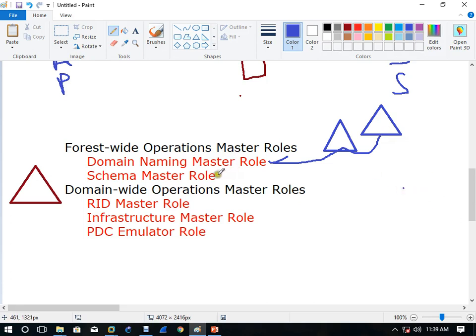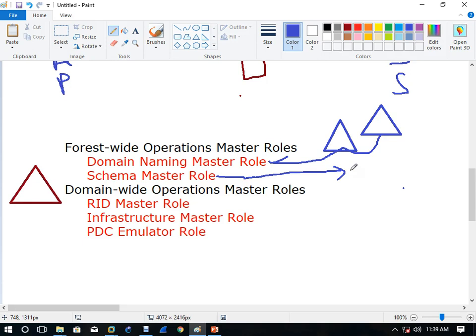Okay, now you need this role, the schema master role, which is used when I need to add a new object and that object must be replicated.